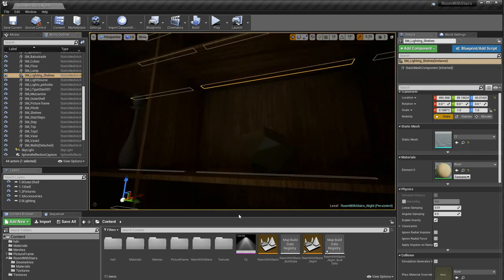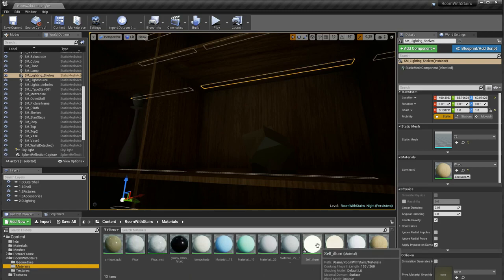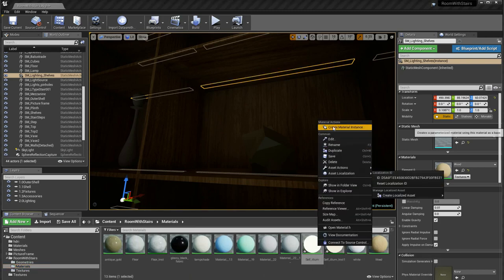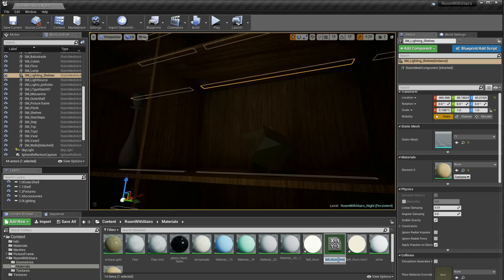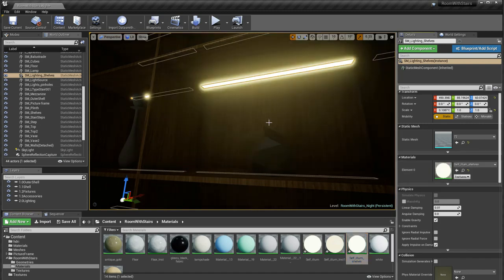So I'm going to apply that same material. Actually, I'm going to make another instance, create material instance, and I will call that self-illuminate shelves, and I will apply that to the lighting shelves, and so